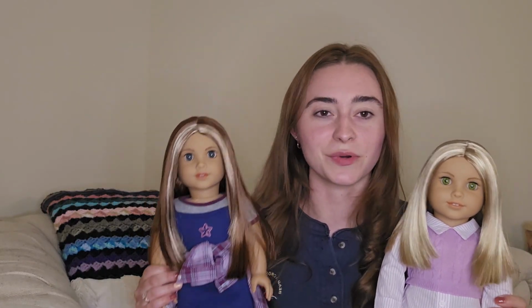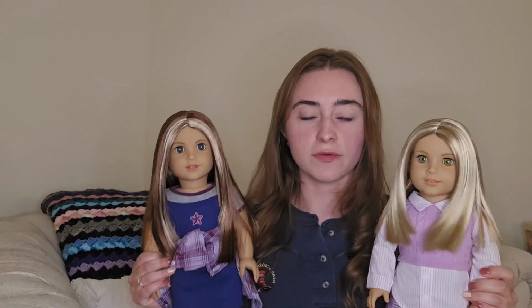So I finished that program at the end of 2023. December is when I graduated, but because of everything that I had shared with my job and with moving, we had just not had the chance to celebrate in that way. So I was super excited to add both of these dolls to my collection, and this was like my gift